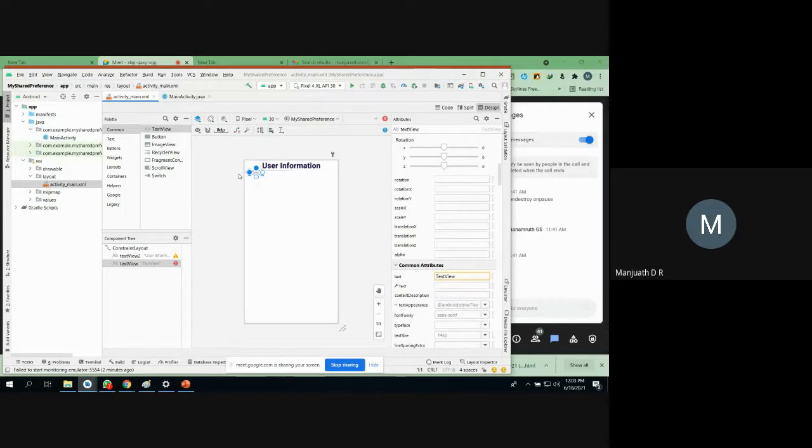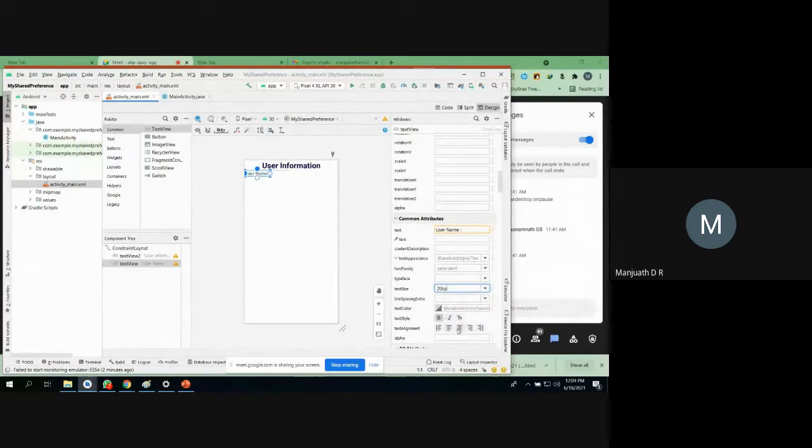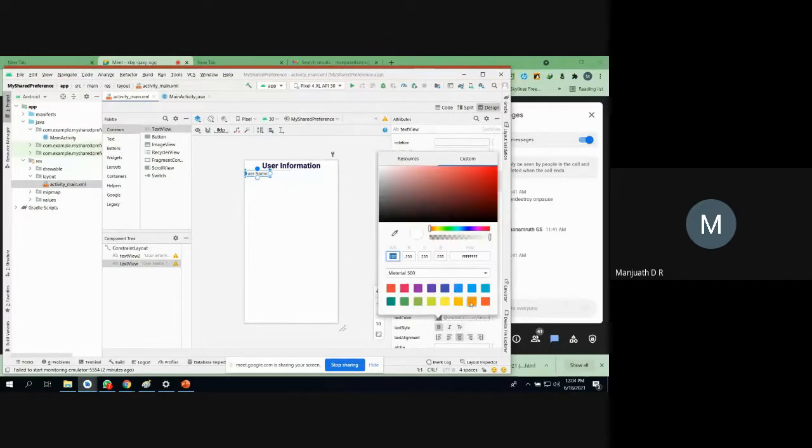This is with respect to user name. Okay, I'm going to call it as user name. So do some modification with other attributes like 20 bold center and change to some good color like this.